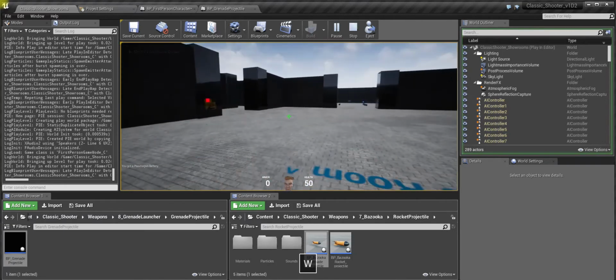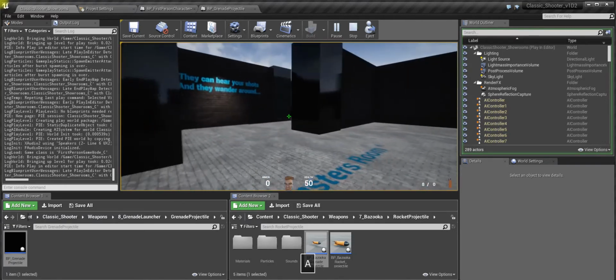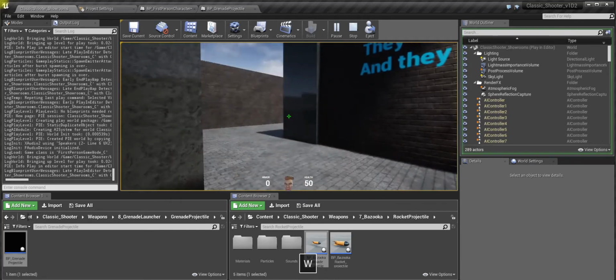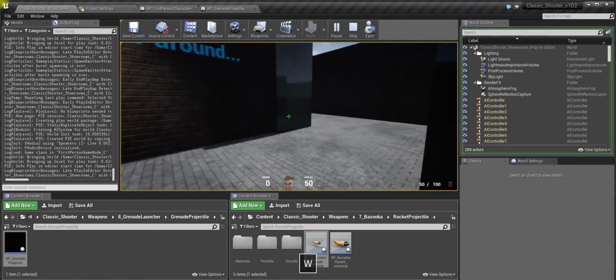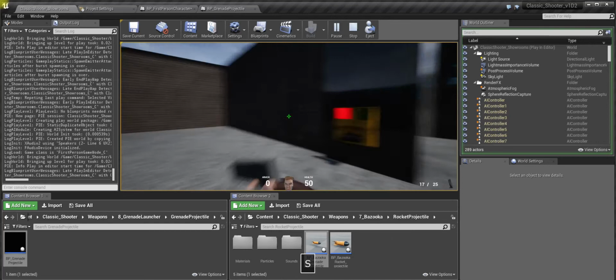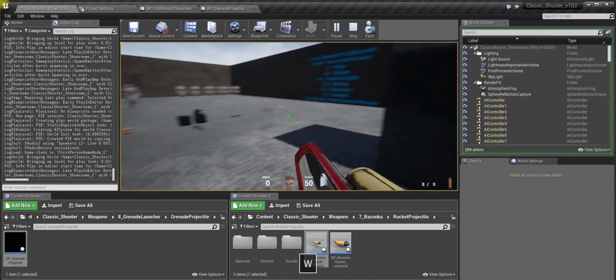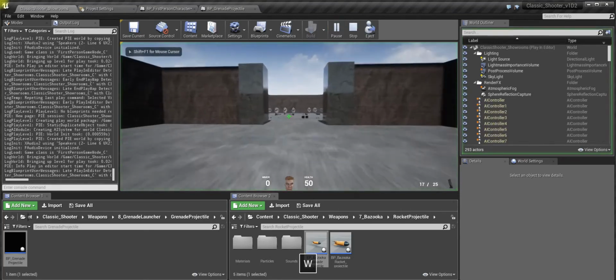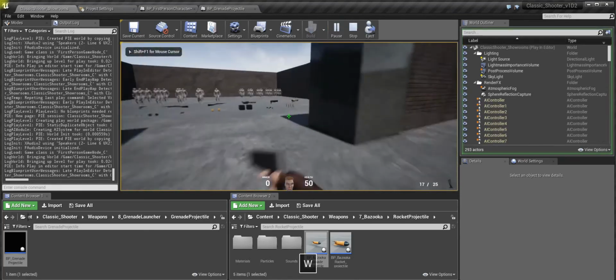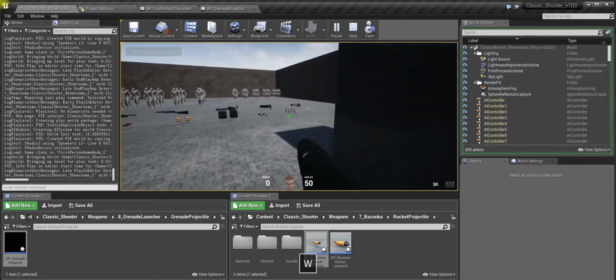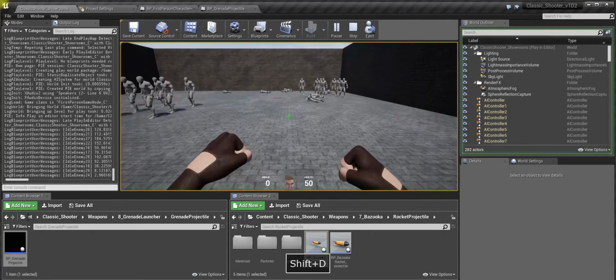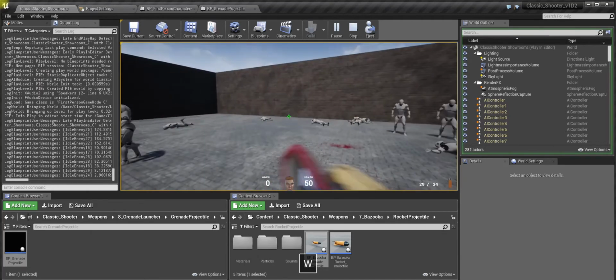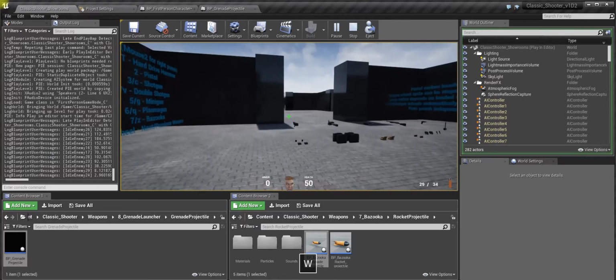Now, there you can find some very nice sounds to use. Okay, now that I was checking everything, I can see that if we have the bazooka,